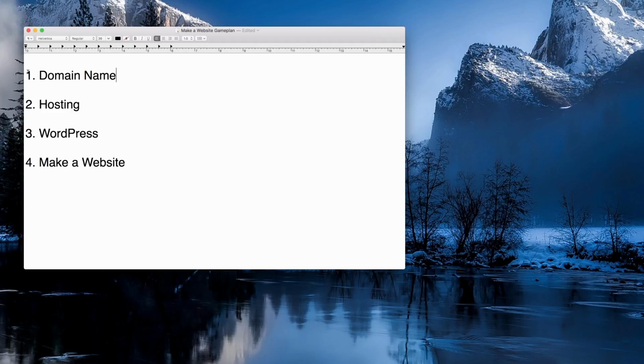So step one that we're going to do is to get a domain name. A domain name is your address on the web, and you need one in the same way that an apartment or a house needs an address for people to find you. You need a domain name so that people can type something into their internet and your blog or website will show up. Facebook's domain name is facebook.com, Netflix's domain name is netflix.com, and if you can't get the domain name